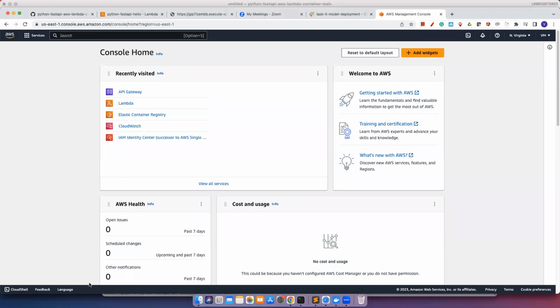At the end, I'm going to show how we can deploy from GitHub. For a high level,